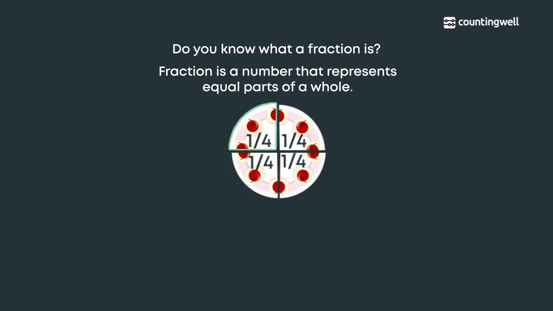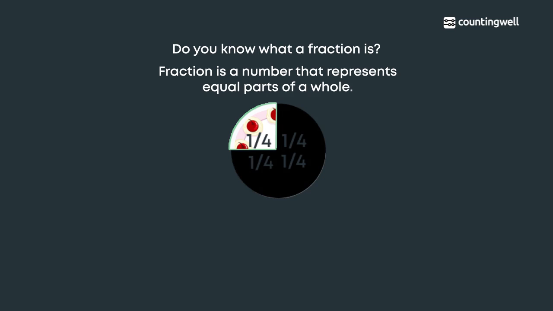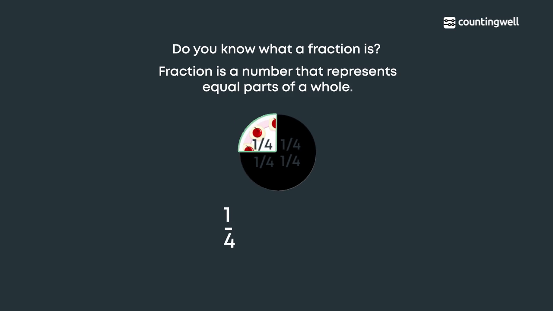Ankita's birthday cake was cut into 4 equal pieces. Remember, she said that there is only one piece of cake left out of 4 equal pieces. This can be represented using the fraction 1/4. The fraction 1/4 has 2 parts, a numerator and a denominator. The numerator 1 represents the part of cake that is left, and the denominator 4 represents the total number of